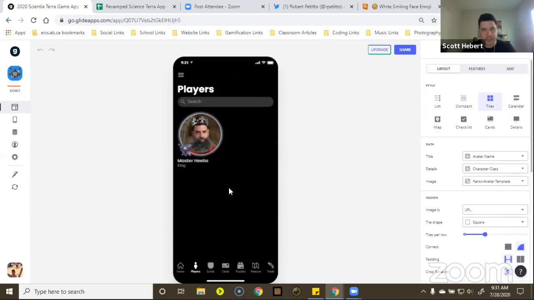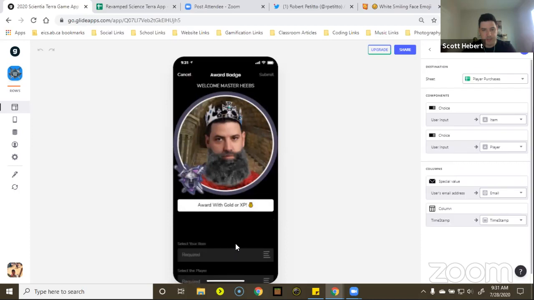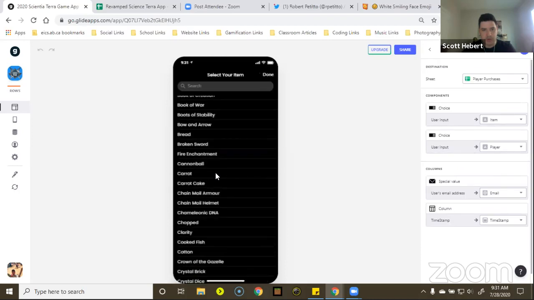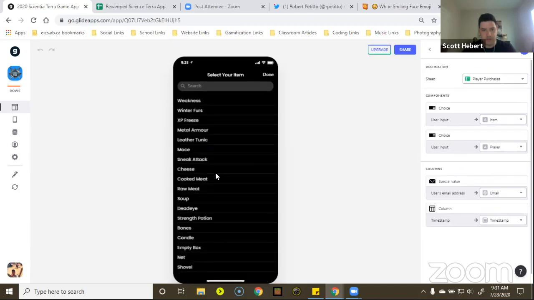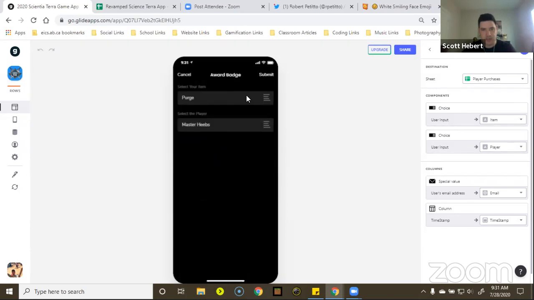So there's awarding stuff, and then you can actually award items as well. So you'll see that I have a boatload of items. So let's say I earned a purge card. So this would be like, a kid wins a battle and finds a card or whatever. Before I figured this out, it took money from them. So even though it was a card they found, I went and took their money, which obviously I didn't want to do because they found it, they didn't buy it. So now I have the ability to do that.